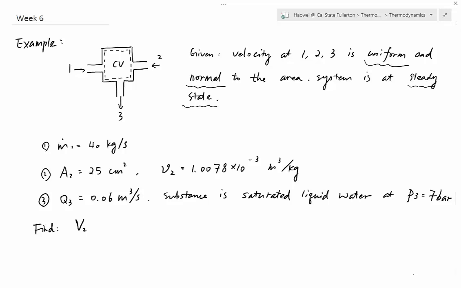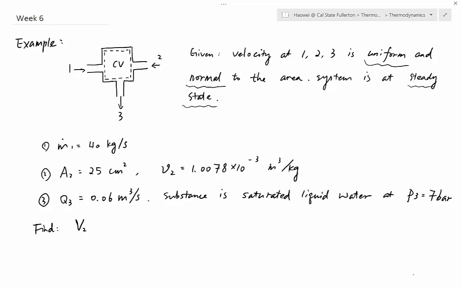Today we're going to give you one example to help you understand the conservation of mass equation. Here we have a container. More accurately, it's a reactor where you have two inlets, number 1 and number 2, and also one outlet, number 3. You can usually find this in a chemical factory. It is usually used for chemical reactions, where number 1 and number 2 are two separate reactants, and number 3